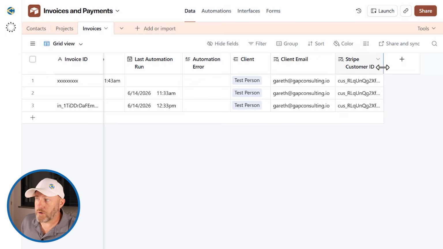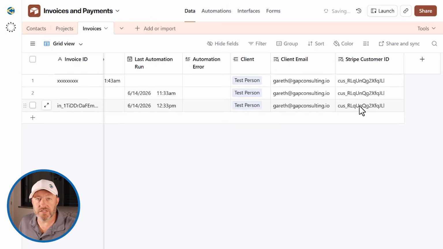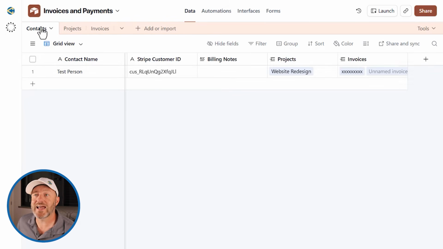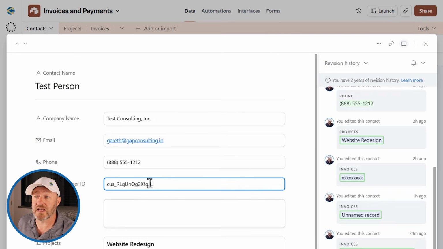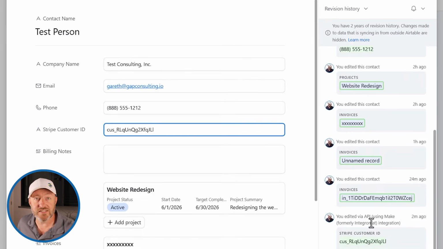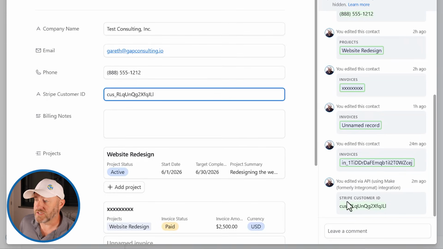Now, lastly, I want to highlight that we now have a customer ID. This customer did not previously exist in Airtable. The customer may have existed in Stripe, but we didn't have that Stripe customer ID stored in Airtable. That has now been updated. So we have that information here. And if we look at Airtable itself, this is the source of record. You can see that the Stripe customer ID was edited by me via my Make automation, and that happened